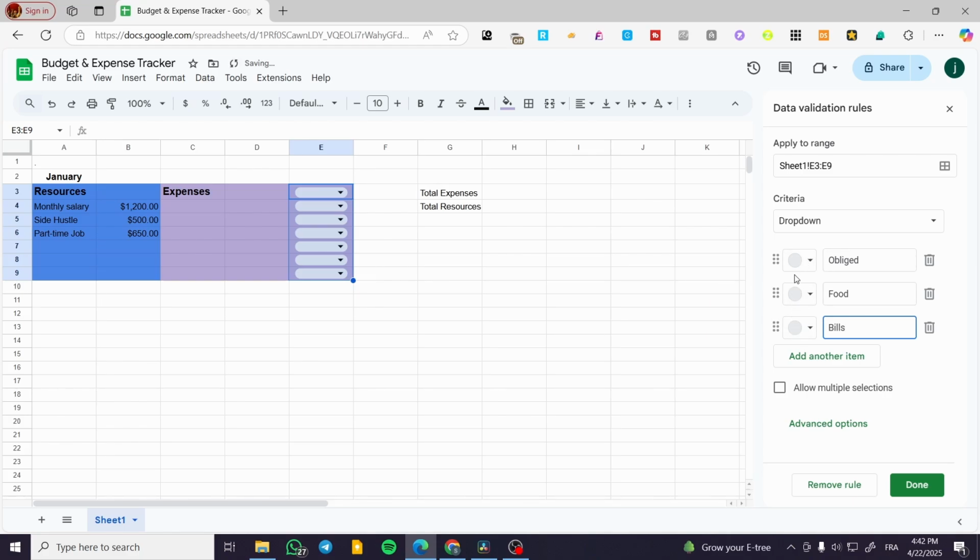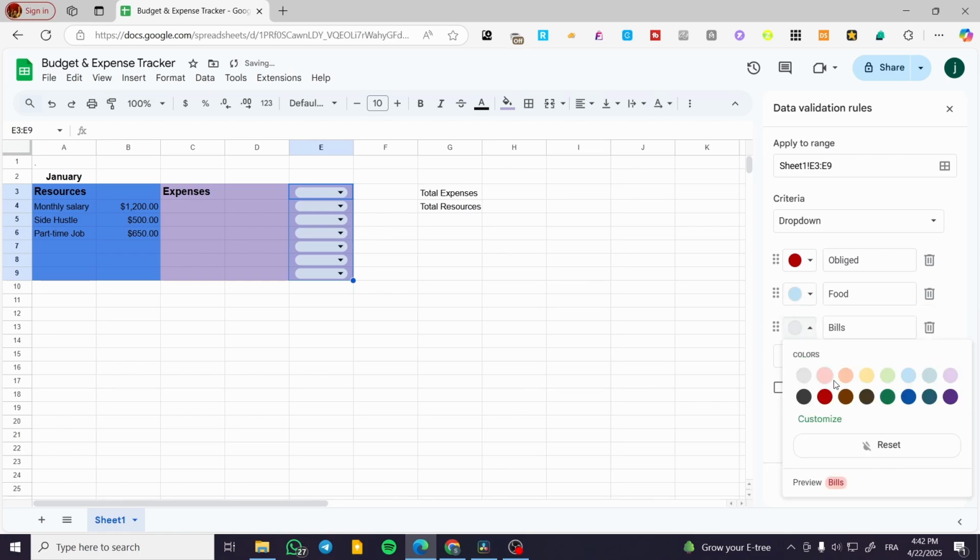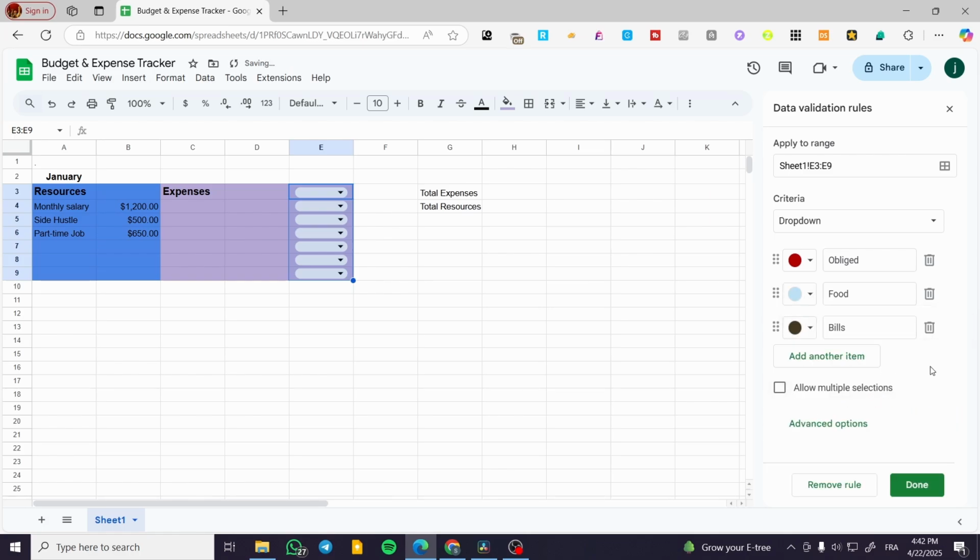Now we are going to change the colors of each of them. This one is going to be this light blue. This one is going to be, let's say, a color which is going to be right there. So I'm going to have here the expenses. So I think that I'm going to delete this column, or we can go ahead and have it deleted just